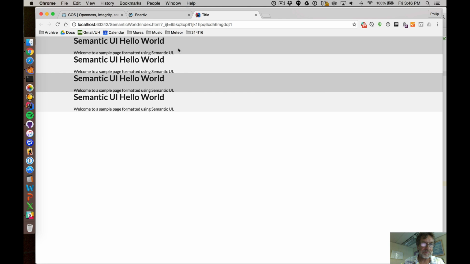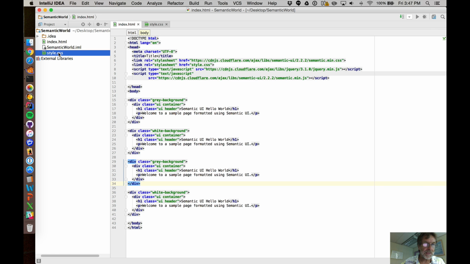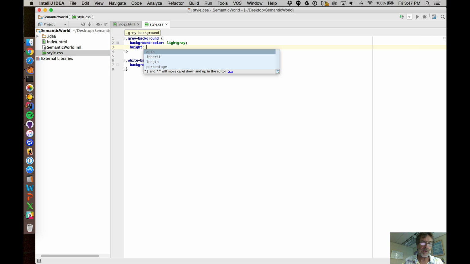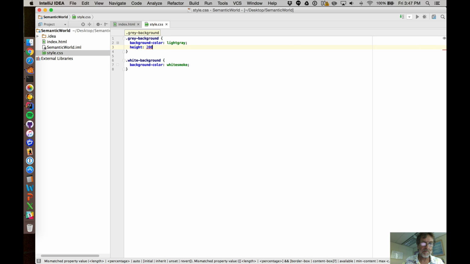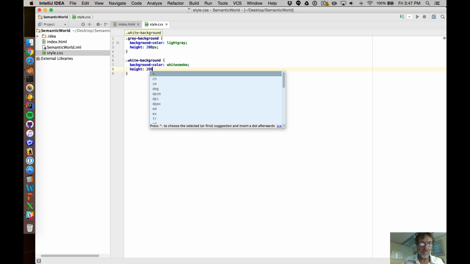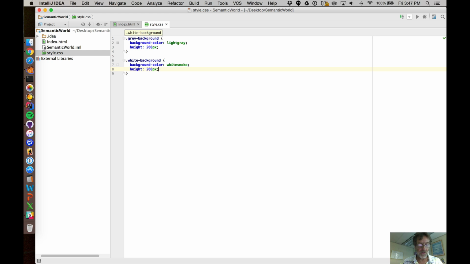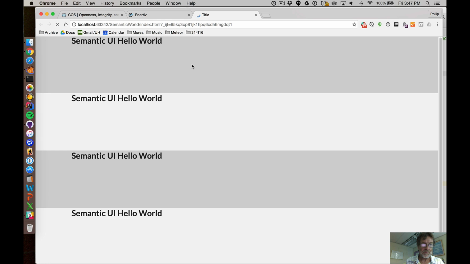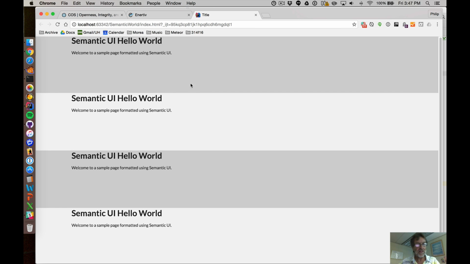but actually it's not as nice as you might want it to be. So we can do a tiny little change to make it look a little better, and that is to add in a height attribute. Let's say 200 pixels, and we'll add this here, just so that it looks a little more presentable. So you get something like